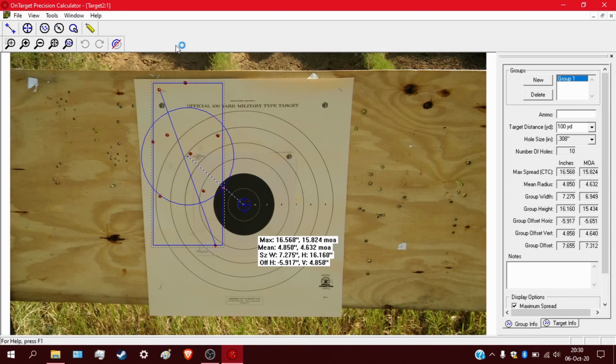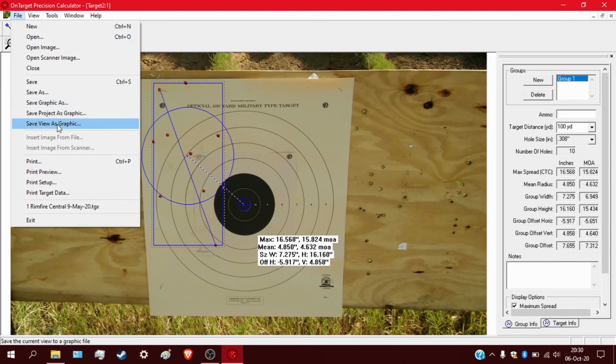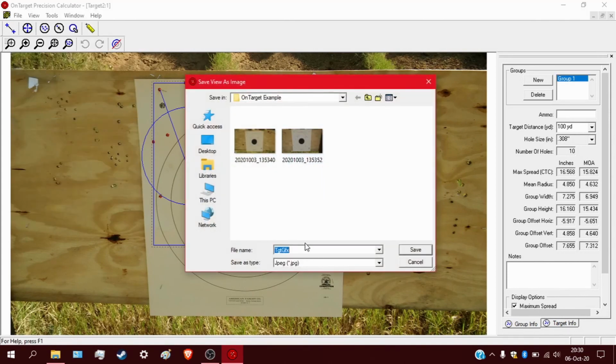Okay, so after you've done all your marking and maneuvering and whatnot, now you need to save the file. So I think I mentioned earlier, pretty much zoom to window, file, save view as graphic. I usually go ahead and just take the original file